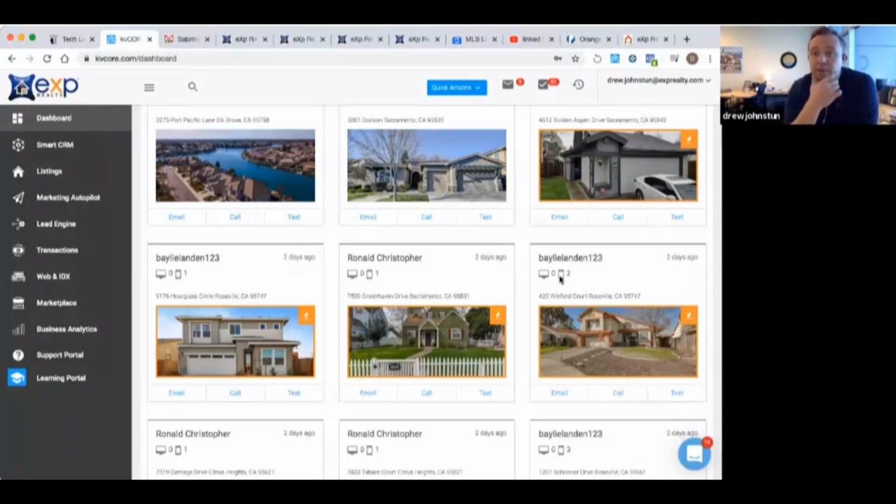This is a great opportunity to hit up someone, and the reason why I want you guys to check your hot properties is that how big of an impact could it have on that lead if you call them up? I know her name, but it came in as just an email. But it's like, hey Melissa, it's Drew with EXP. I just wanted to call and check in with you. I came across a house that when I saw it, I just thought of you. I think it's going to be perfect for you. It's the one over on 420 Winfield Court, Roseville.